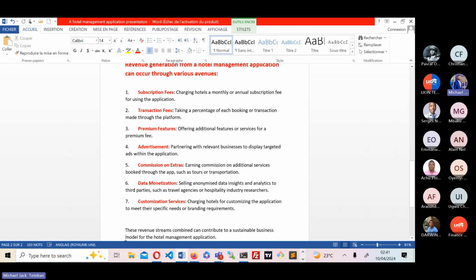Sometimes when you want to open an application, you see a rundown ad that is actually showing. So we actually partner with people that want us to run their advertisement on the application. So maybe clients will want to open the application to do their reservation, and we'll see maybe a rundown as an advertisement that is available.